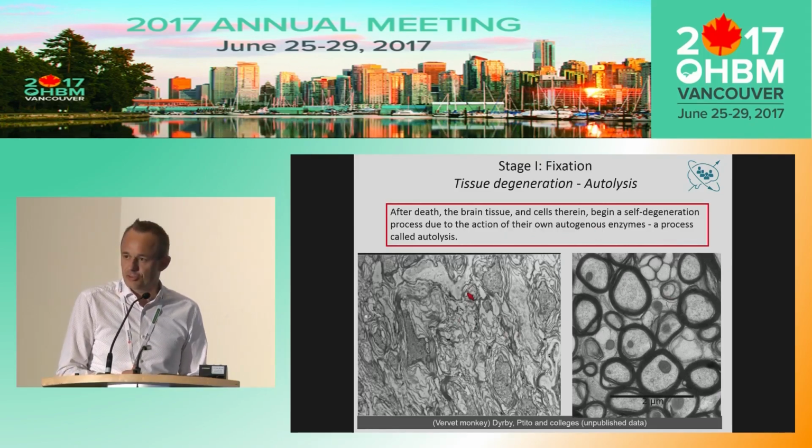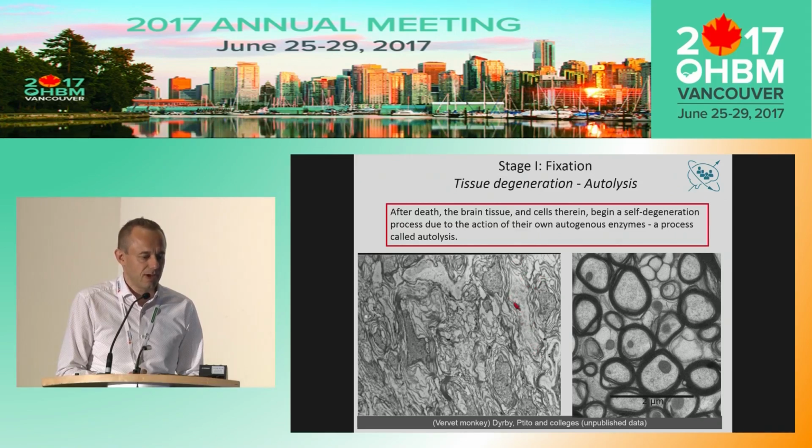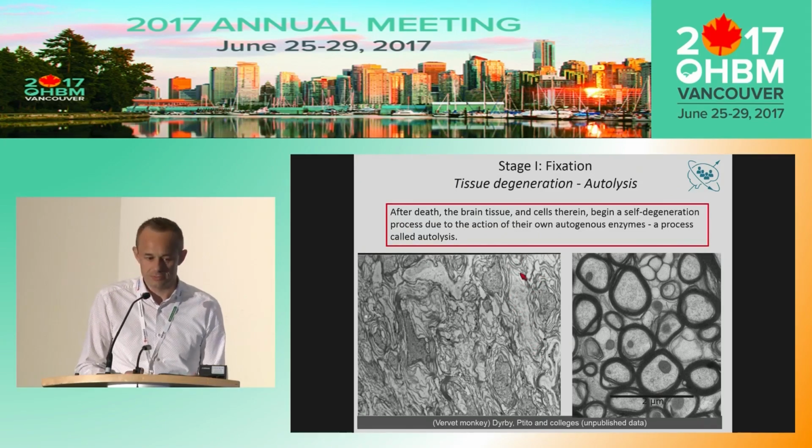This is an extreme example of degenerated tissue. This is an example where we have a monkey brain, where we fixated it, and the fixation actually failed. But we decided to collect the electron microscopy anyway. What we can see here is that this tissue environment does not really look like something that we would expect. We can still see in white matter that we have the cell membranes, but we can see the myelin layers here are very loosened. This is another monkey brain where the perfusion fixation went well, and we can see in